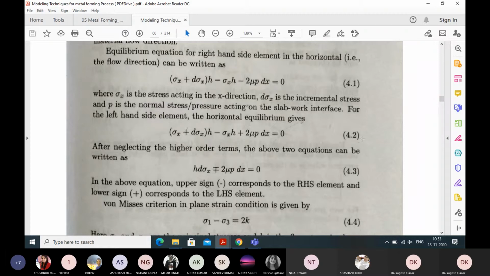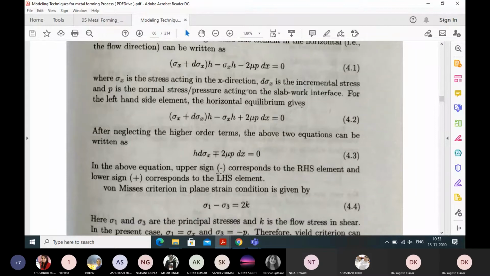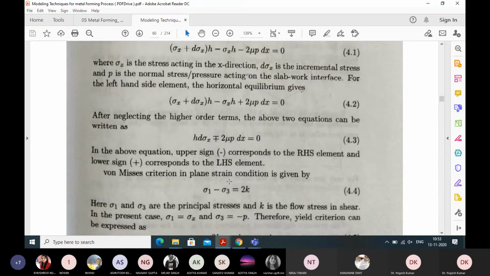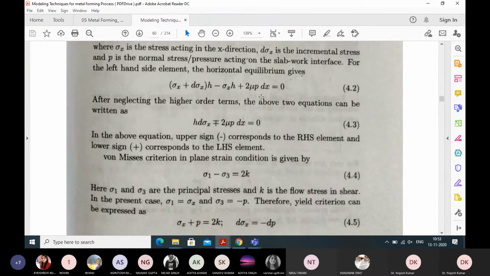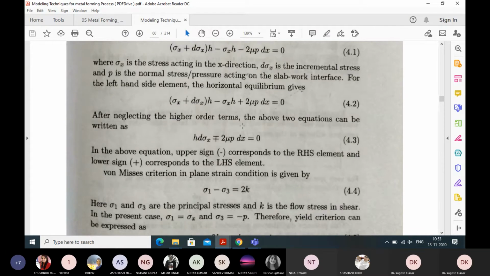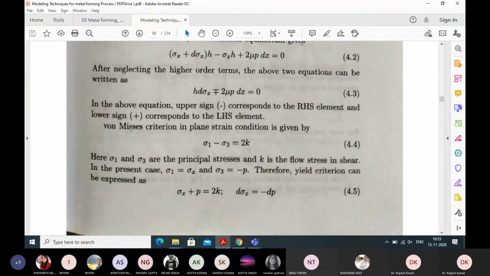If we combine equations 1 and 2, this will come like this. The minus sign on the upper side corresponds to the right hand side, and the plus sign corresponds to the left hand side. So this is our final equation: h d sigma x minus plus twice mu p dx. Now we will come to the